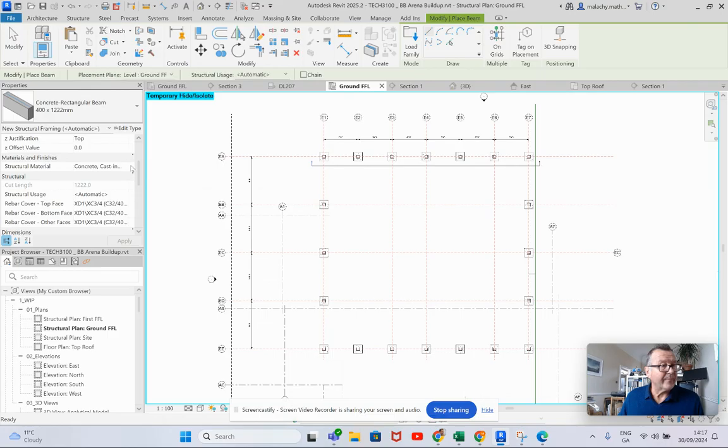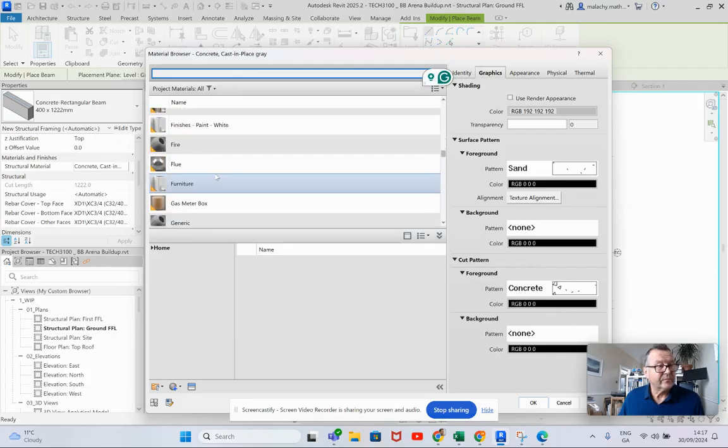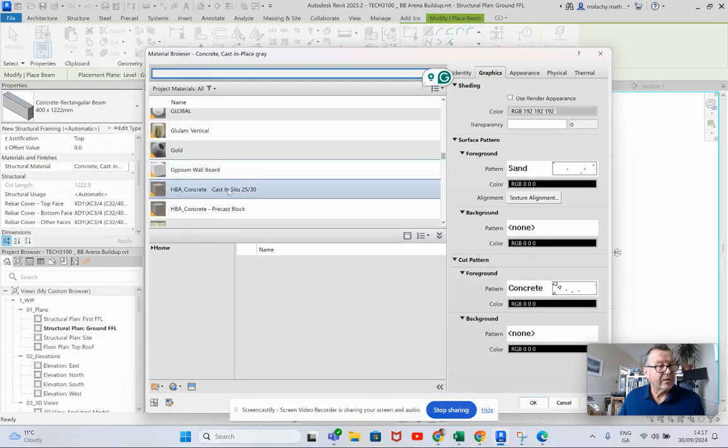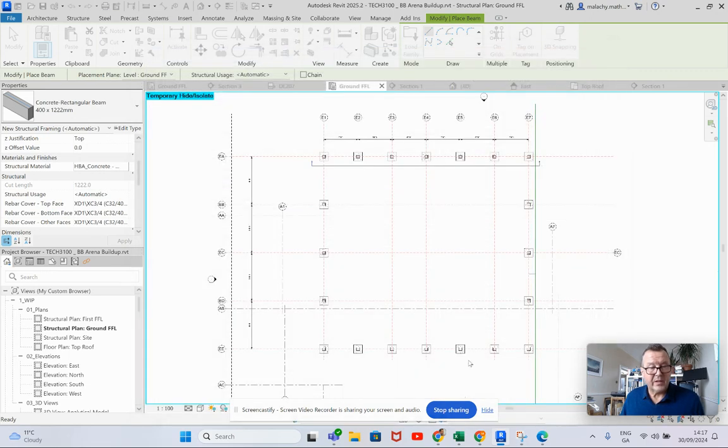Make sure I've got a... I don't want the concrete cast in situ. I want my HB. Concrete cast in situ. Okay, now